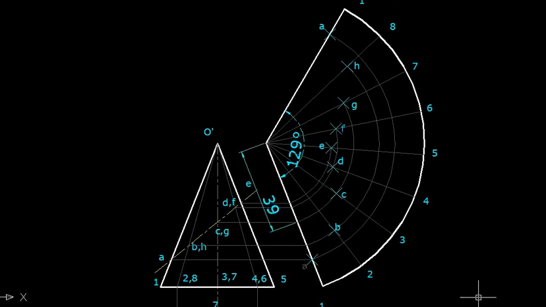Whatever number it is showing, you should not bother about it. You take this distance in compass, it is not equal to this distance. Again I am repeating, this is not a straight distance, it is on the slant. It should be taken on the slant and then marked on the corresponding arc. C and G are on the lines 3 and 7. That is why this arc is marked on C as well as G. You need not mark all these arcs, you can mark just small arcs here.